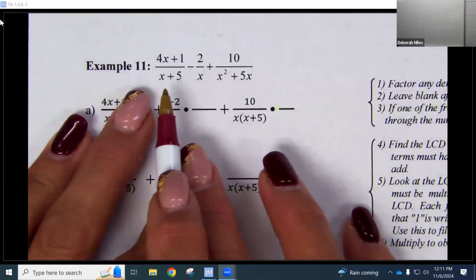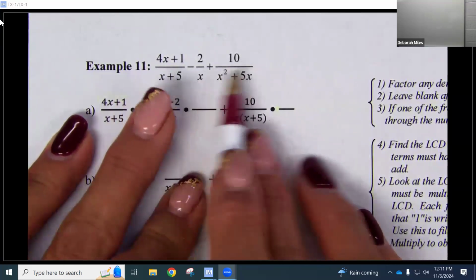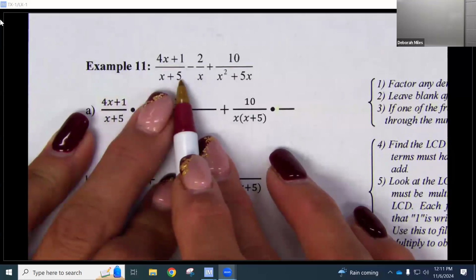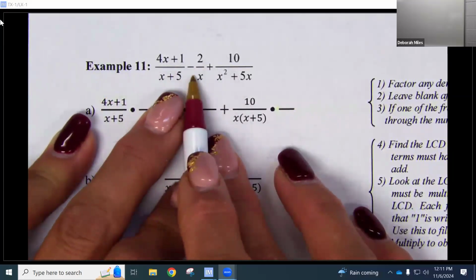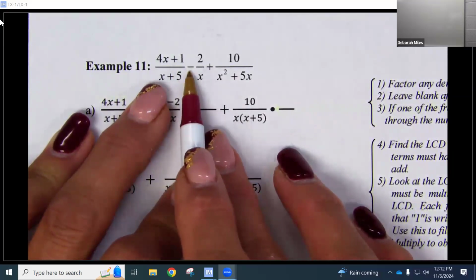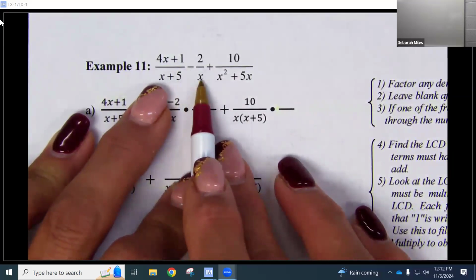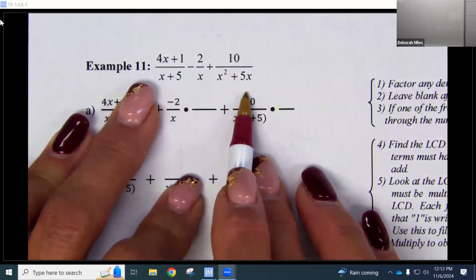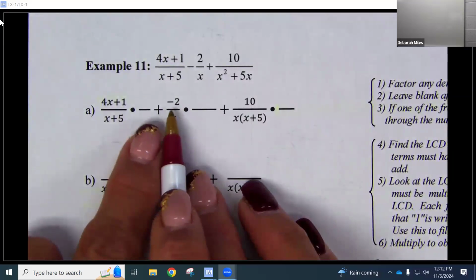Example 11, I'm adding 3 fractions, or really subtracting 1 fraction and adding 1 fraction to another fraction. Let's take care of that negative right off the bat. Is there any reason that I would want that negative in the denominator? Would it make it like any other factor? No, it wouldn't. So right off the bat, I put that negative in the